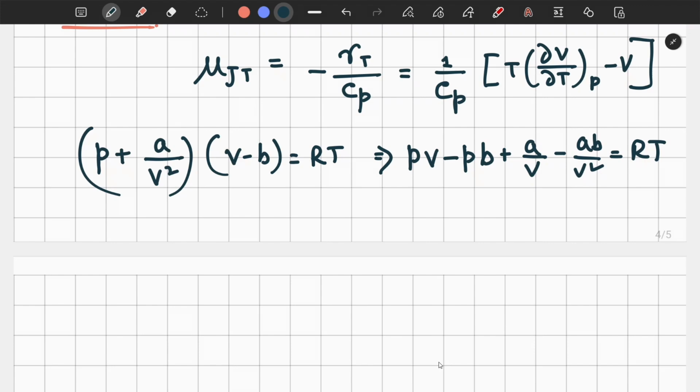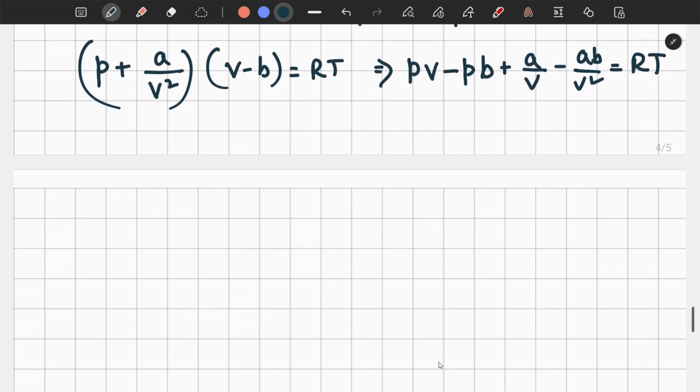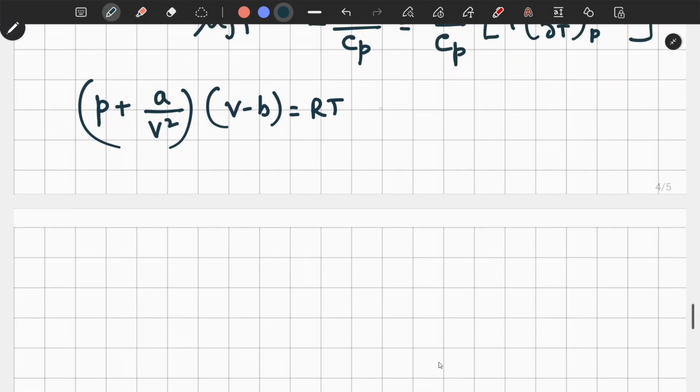If I differentiate with respect to V and T... If you differentiate with respect to P, V and T, okay, so better not to do that. Do del P del V at constant P. This you can do, right? Yes. So T is